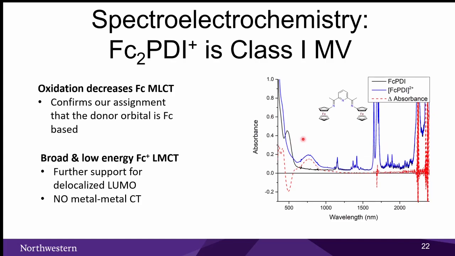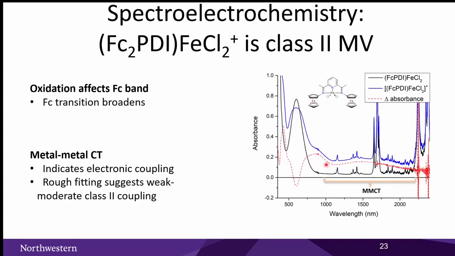All right, so that's cool. We basically just rehashed what we already saw with the CV, which is that this is a non-electronically coupled system. It's a class 1 system. But if we take our iron dichloride complex and you rip one electron out of the system, what you instead